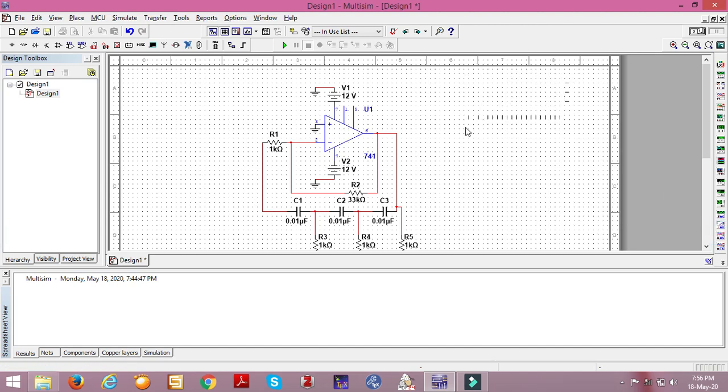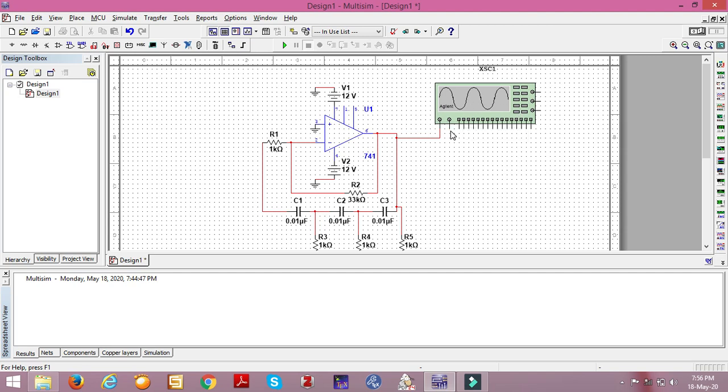This is a very sophisticated oscilloscope where you can clearly see the waveform, and you also feel like we are doing the experiment and measuring in real time in the actual lab. That feel you will get if you use this oscilloscope.